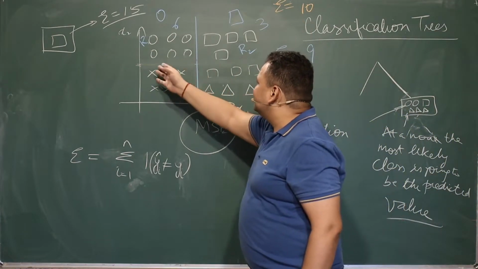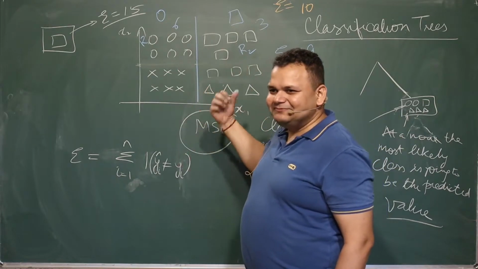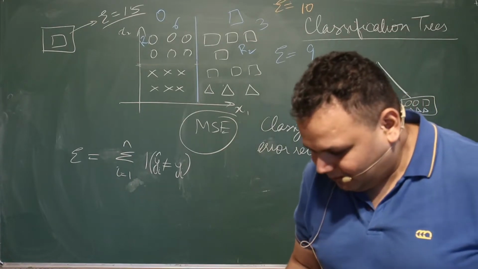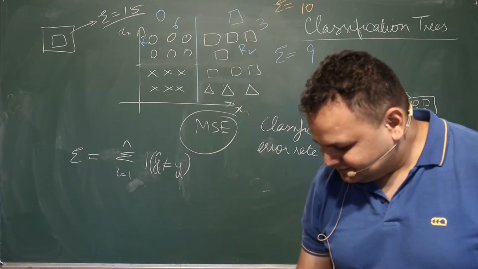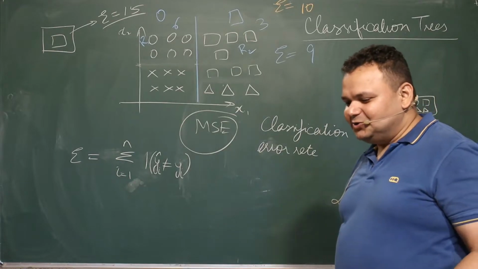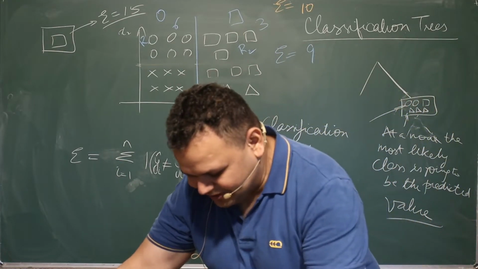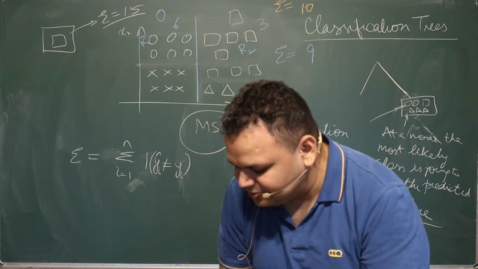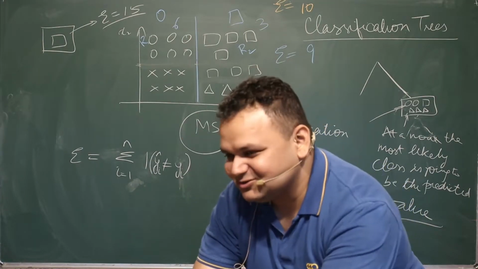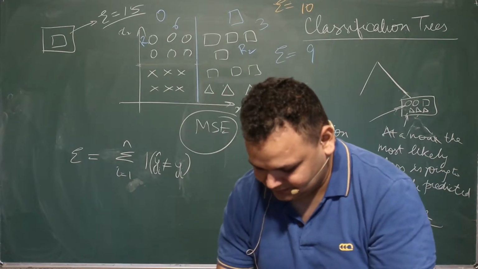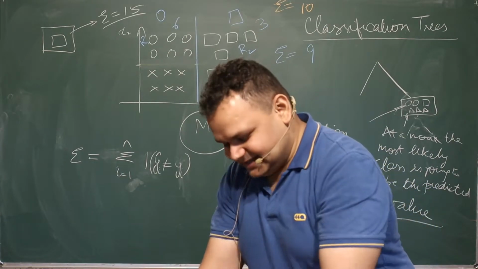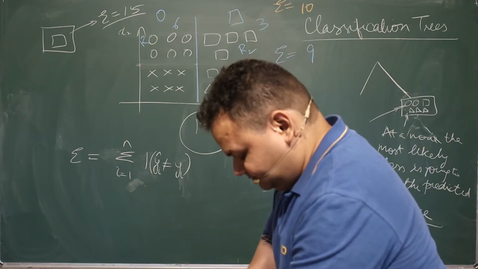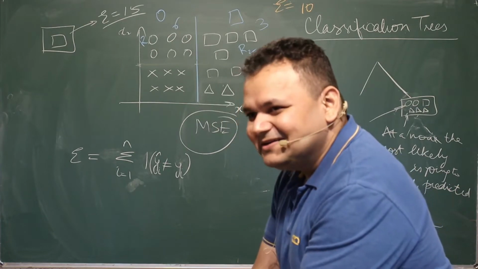Obviously, if you make some changes, do you think you can get a better error than this? If you were to divide this data set into two parts, is there any way you can get a better error rate than this? Assuming that you are only allowed to make rectangular partitions. If we are assuming that, is there any way you can make a better partition than this? Can you see any? Anybody?